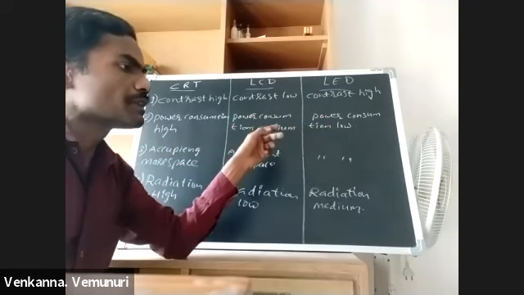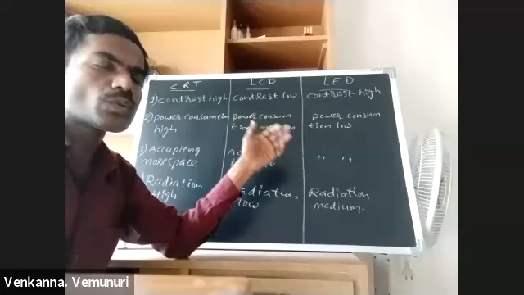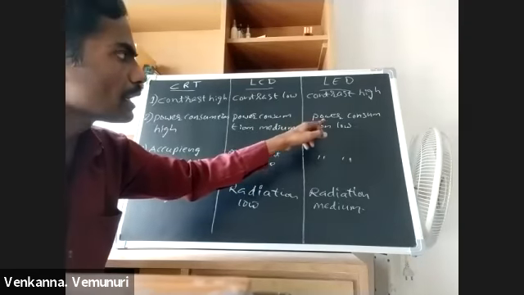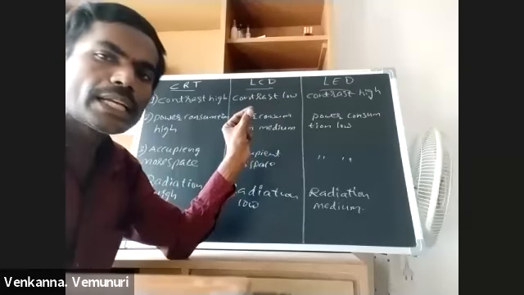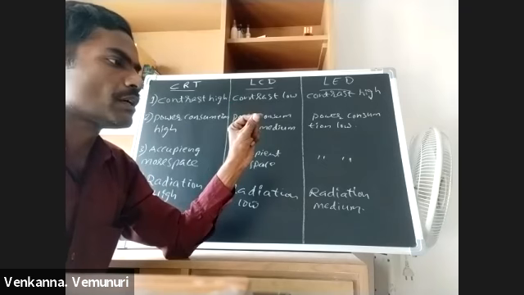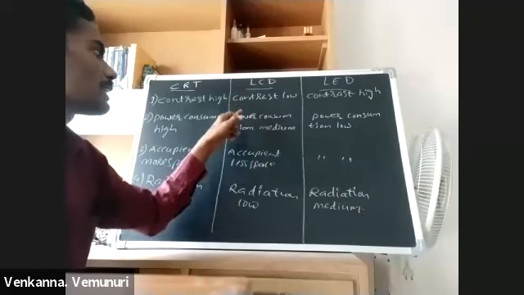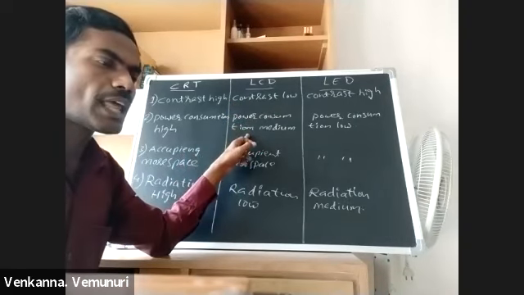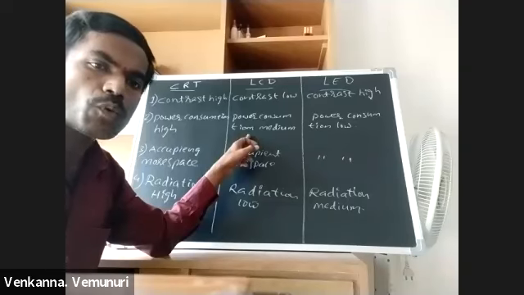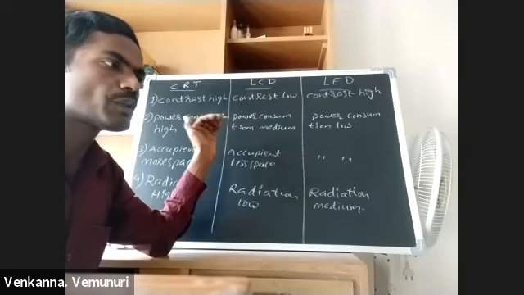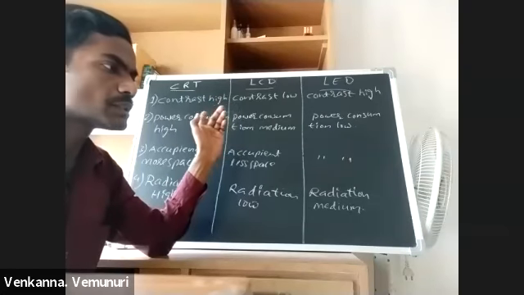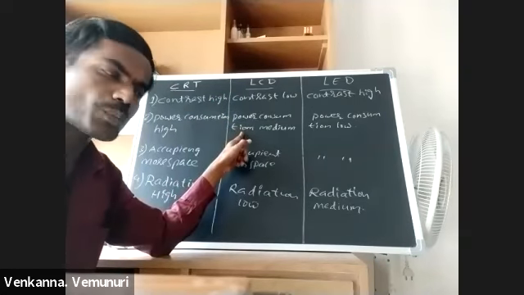And in LED monitor, power consumption is low. Means in this we are not converting low voltage to high voltage. In this monitor we are using LED lights. LED lights work directly on DC voltage. But in LCD monitor, we are using CCFL lamps. These lamps work on AC 600 to 1200 volts. So we are converting 12 volts DC to 600 volts AC. So in this process, it is consuming more power.